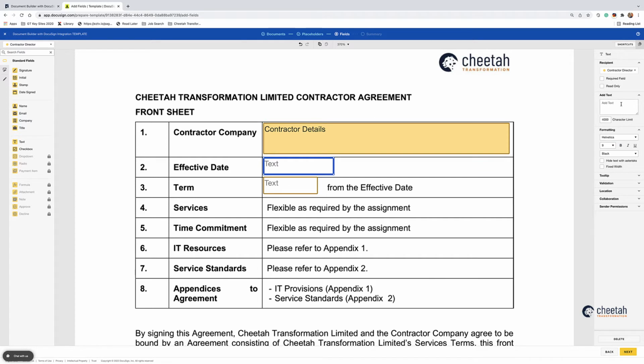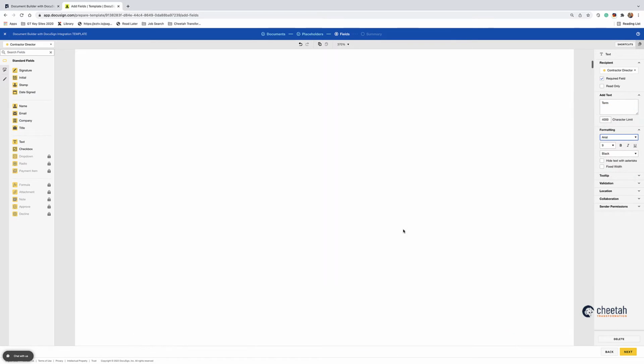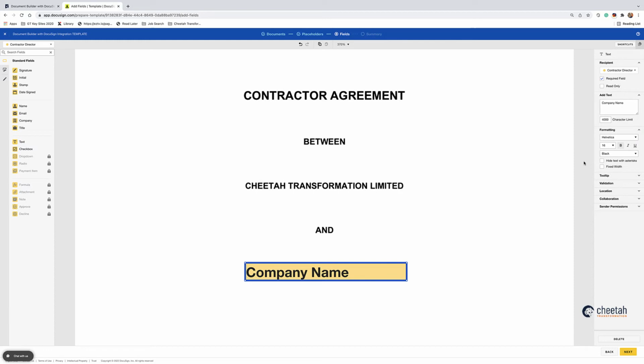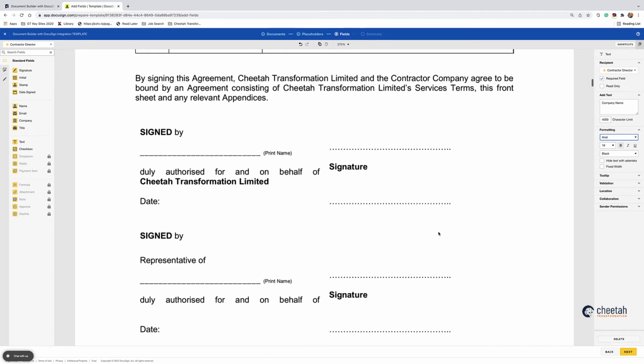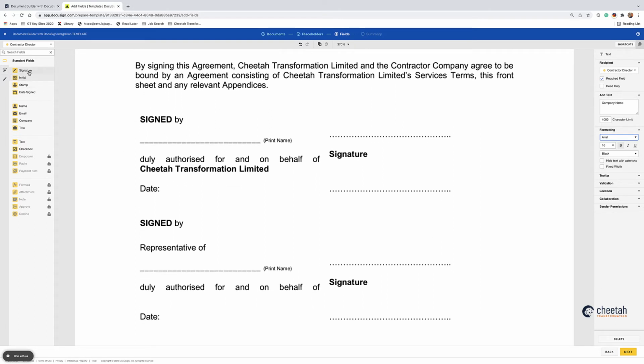And then effective date, make sure it's required, make sure you set the format, and then term. Again, contractor, it's a required field. Get Arial, just make sure I've got this one set to Arial as well, which I haven't, which I'll do now. And there you go, and now it's on to the normal DocuSign elements,